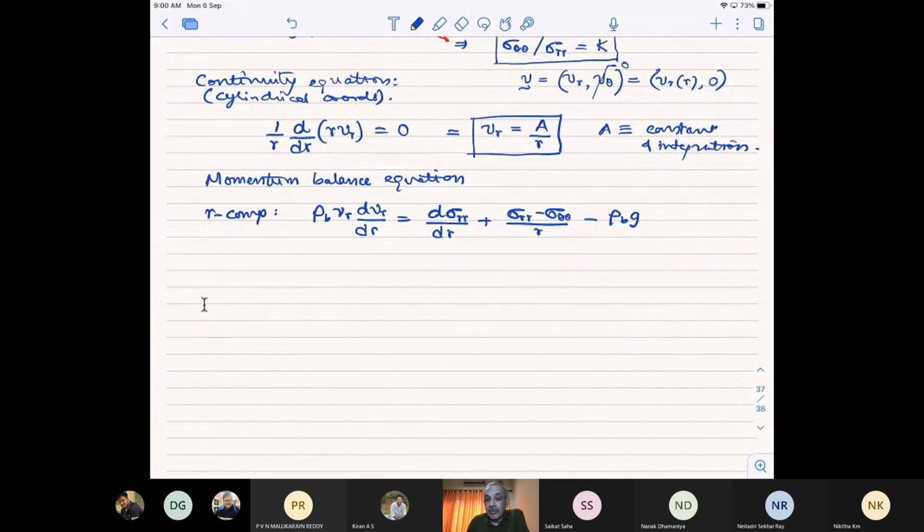What is nice is we already know the velocity in terms of this constant A, and we also know sigma theta theta in terms of sigma RR through this constant K. So if we make those two substitutions, then you get minus rho B A squared divided by R cubed is equal to d sigma RR by dr plus 1 minus K